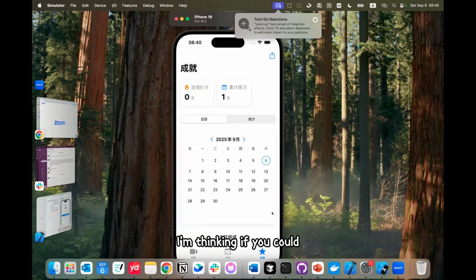I'm thinking if you could automate the process of getting new videos, because it looks like adding a video is a lot of effort right now. In some way, you could make this process easier for users, for example, grabbing the current collection from Bilibili or other apps like Rednote from users, so you can automatically categorize different videos. That will be very helpful. I just think adding one video after another is a lot of work for users. Yeah, so